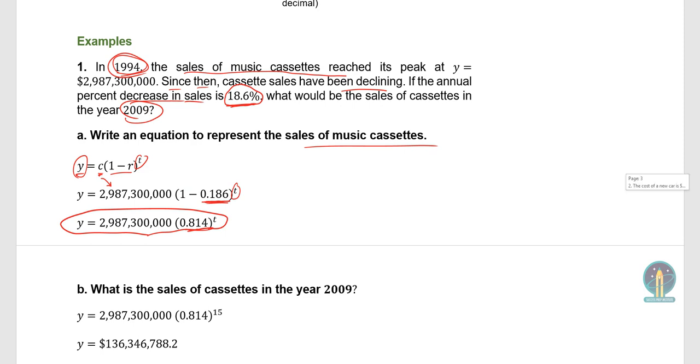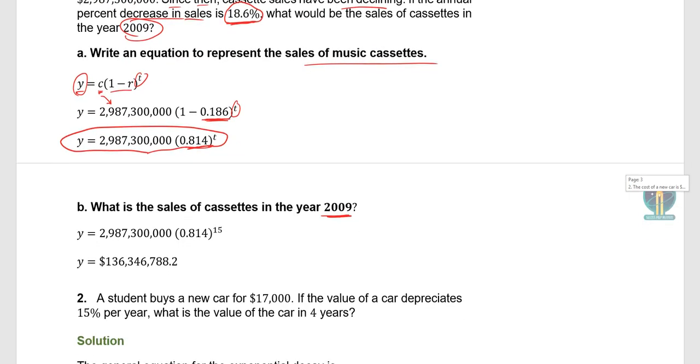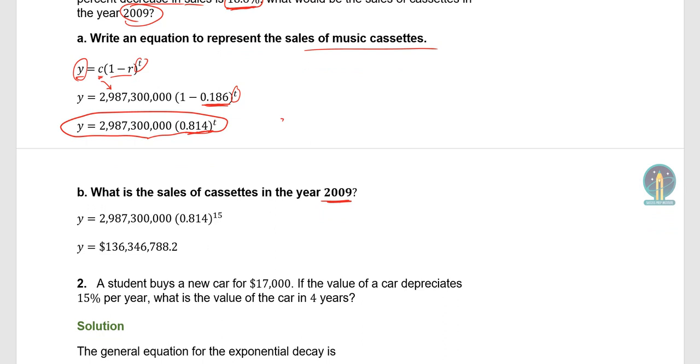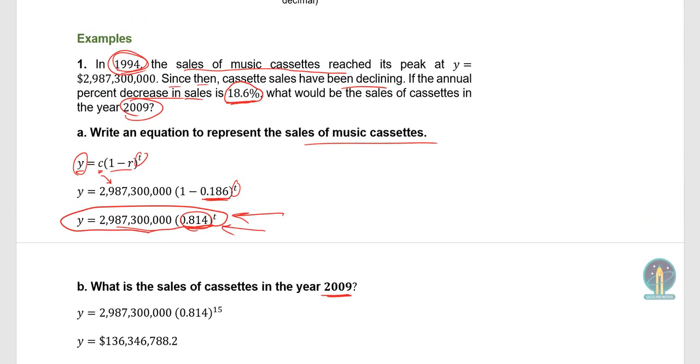Now, part B of the example asks about the sales of cassettes in the year 2009. What was the sales value of cassettes in 2009, given this equation? So what are we going to plug in? We have the initial amount, which we're not going to change, and the rate of decrease in sales, which is the same. Then we need to determine the number of years. So our model, which is this,